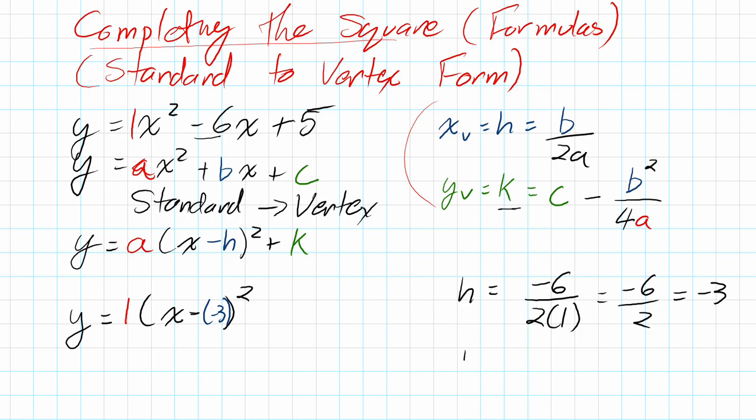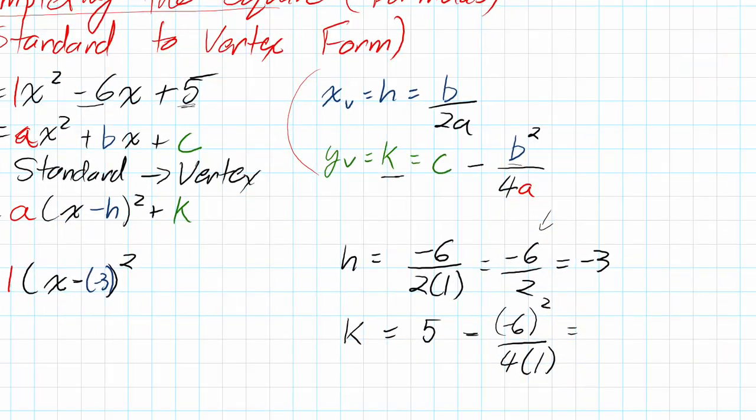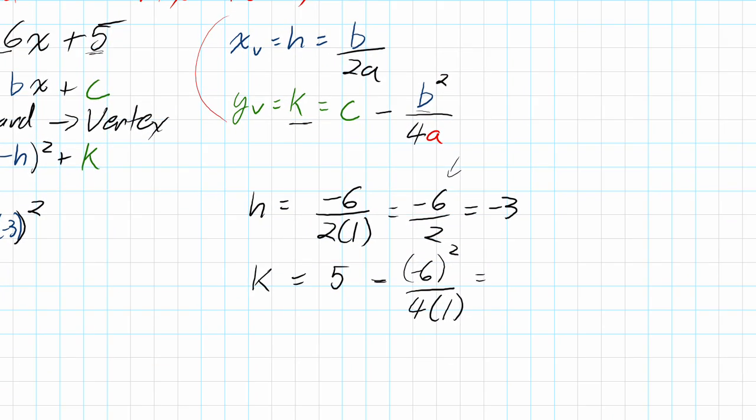The other piece is the k. We have a formula for k. k is equal to the c value. Well, the c value is 5. So 5 subtract b squared. We already know the b value is negative 6. So negative 6 squared divided by 4 times a. We already know a is 1. We just have to carry this out using basic math. This one might be a little trickier, but we have k is equal to 5 subtract 36 over 4. Okay, 36 over 4 is going to be